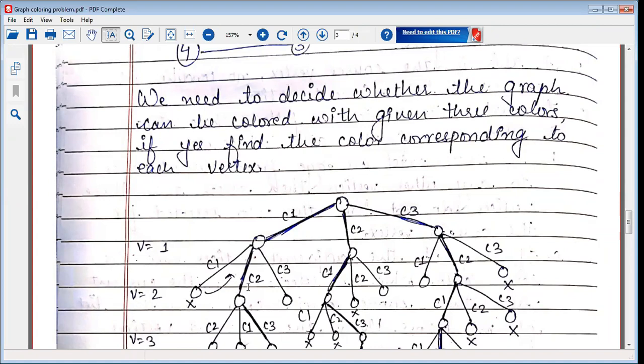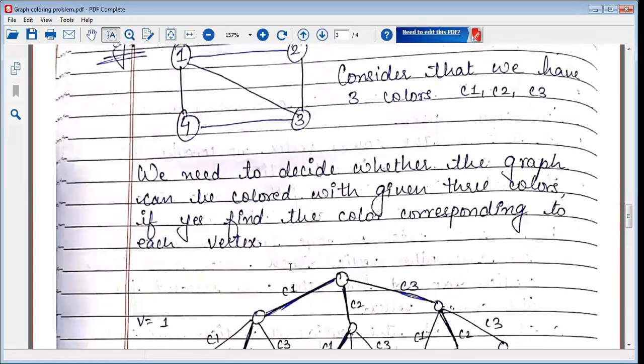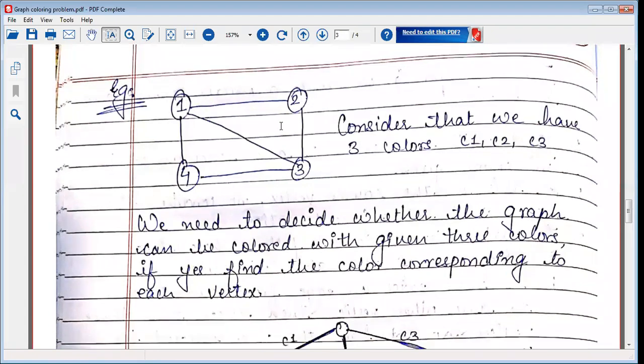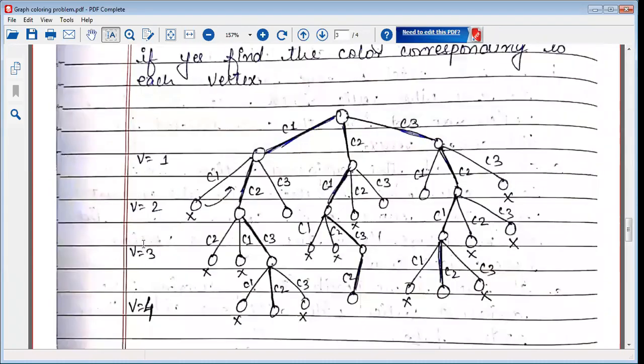Then when you backtrack, you select from the rest of the possibilities. I can either take C2 or I can take C3. For the second vertex, when V equals 2, both of them are valid choices. So I can take C2 for the second vertex or C3 for the second vertex. Now go to vertex 2 and look at its adjacent vertices: 1 and 3. We have already taken care that vertex 1 and vertex 2 have different colors. My next step is to see that vertex 3, which is adjacent to vertex 2 as well as vertex 1, should not have a common color. Therefore, we go to the next level, V equals 3.